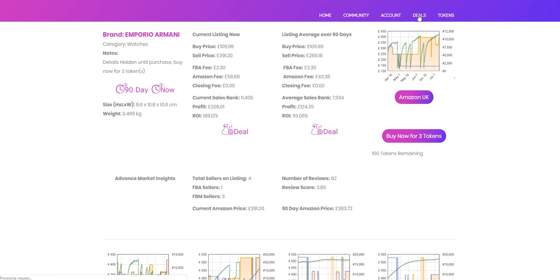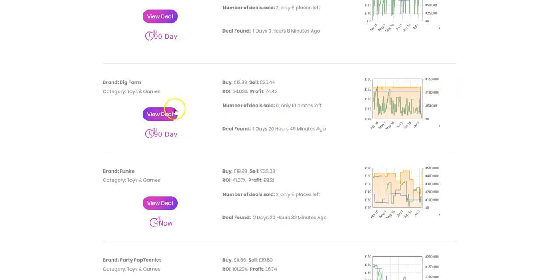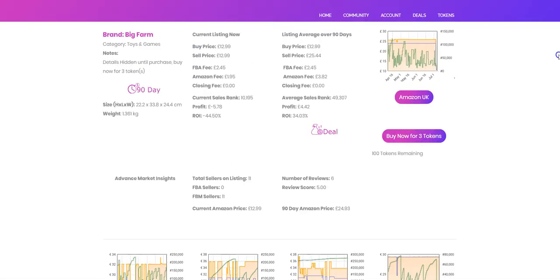So I'm just going to go into deals and find an item that's not already been purchased, and I'm going to buy that as an example to illustrate another feature. Okay, so here. A good feature about this is you could actually, to say we've looked at this and we think it's a good deal. This, as you can see, the price here has dropped currently, but the deal is based on the 90-day average. So you might not like this. You might want a deal that you can buy straight away and sell now. If that's the case, you just go back